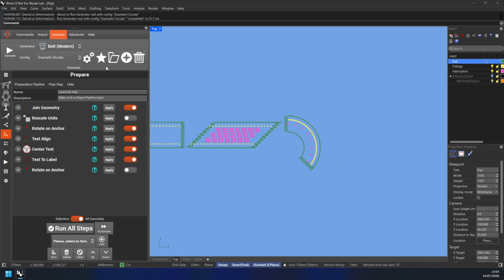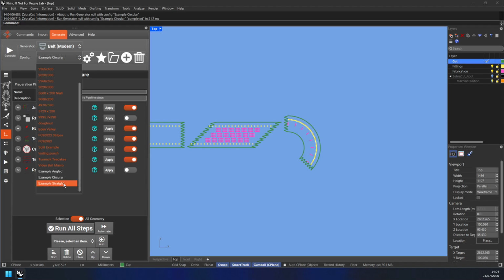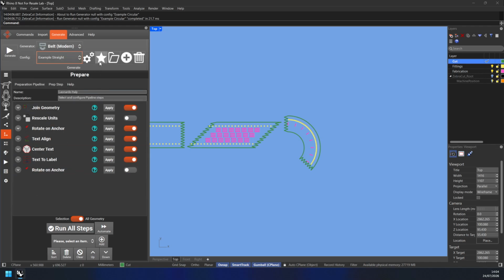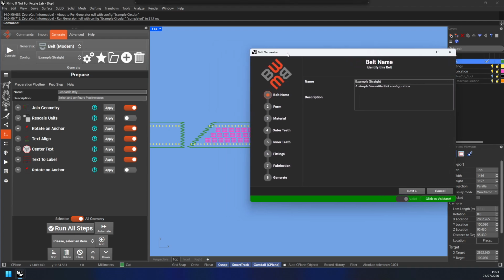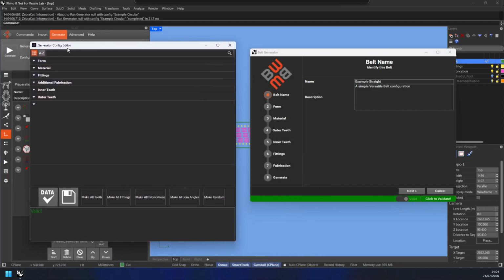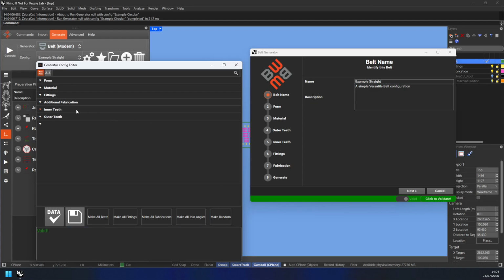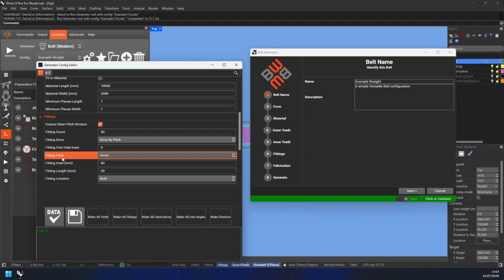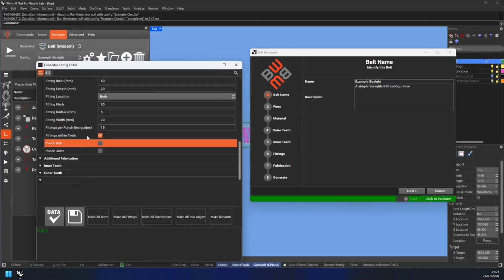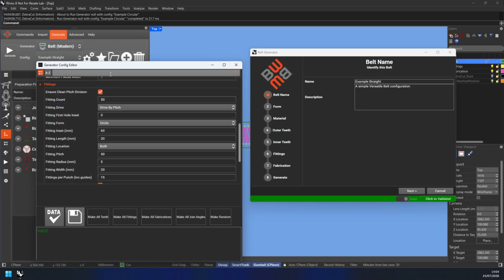We now have a wizard, so if you choose a configuration and then press the star button, we'll now get this wizard pop up, and this will take you through the interface and all the settings and parameters for creating a belt. You can of course still use the existing generator menu, but it has an awful lot of options. If you know what you're doing, it's great and easy to use. You can find them all very quickly. You can even search for them